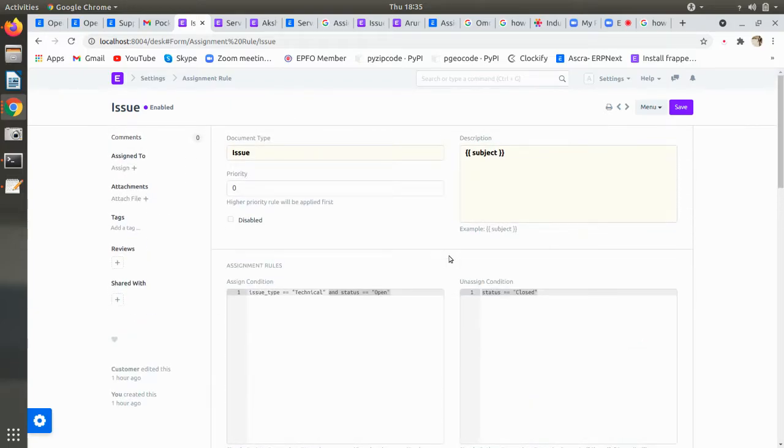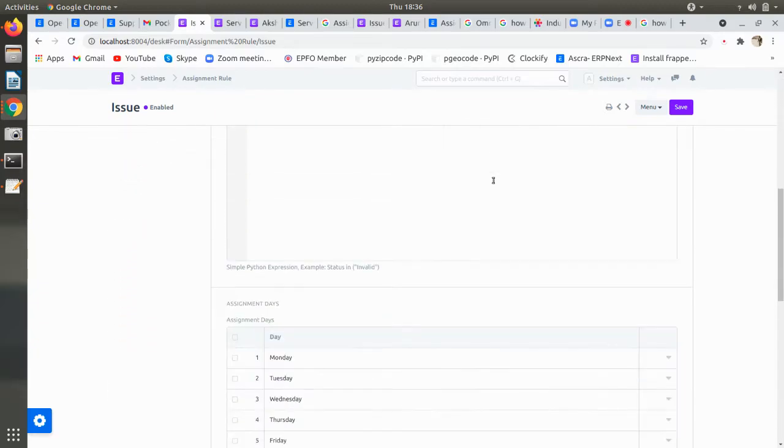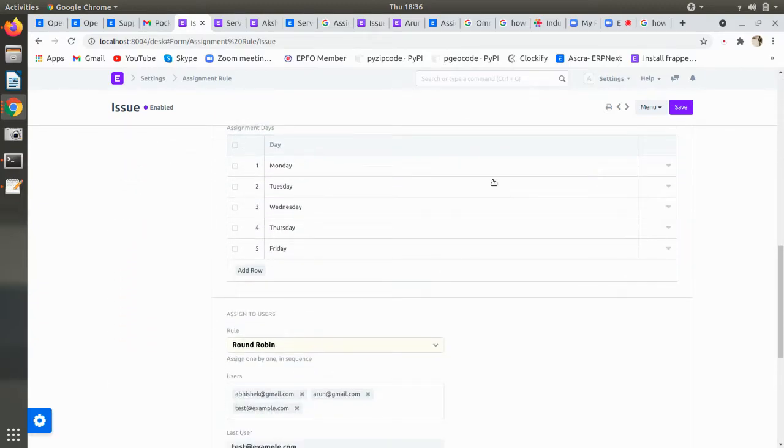Once the issue has been assigned to the technical persons, they will get a to-do and a bell notification with a subject. We can mention our own subject here, but for a standard thing, I mentioned the subject only. It will say that an issue has been created by one of the persons and is assigned to you. That is the kind of thing that will be sent to the technical person.